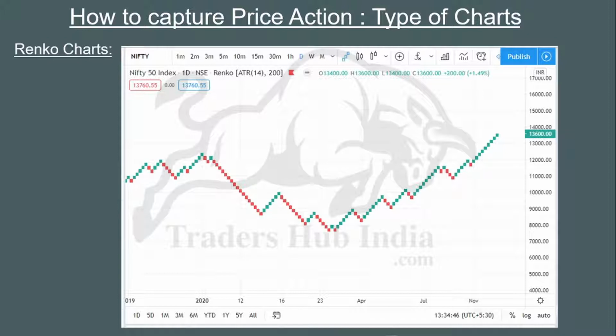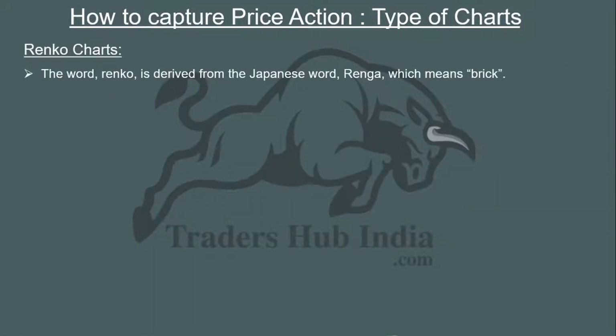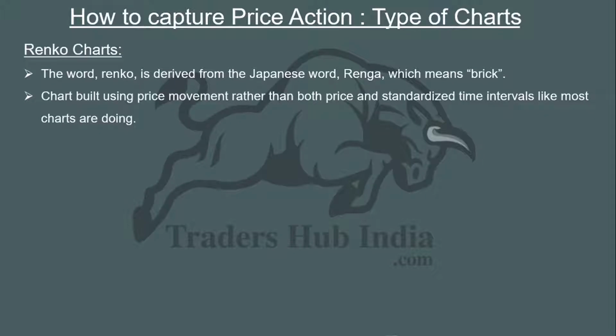Renko chart. The picture shows exactly how the Renko charts look. Each box is called a brick. The word Renko is derived from the Japanese word Renga, which means brick. The history of the Renko chart goes back to the 1700s in Japan. When rice traders sold one bag of rice, they kept one brick on the table. They kept adding a brick for each rice bag sold. They would remove one brick when a bag of sold rice was returned by the buyer.